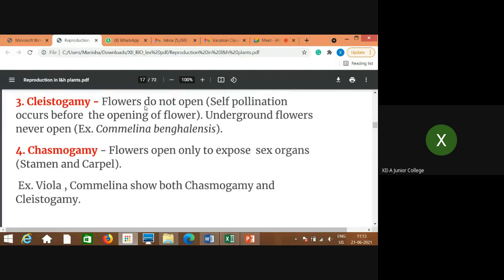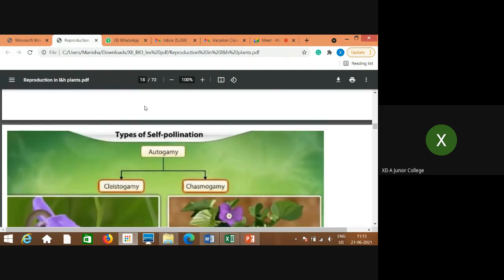So there is a difference between cleistogamy and chasmogamy. Just remember, in cleistogamy flowers never open, so within them there is no chance of cross-pollination. Here, carpel and stamen, the female and male reproductive organs, are exposed only when they get mature. So there are very little chances of cross pollination, almost least or no chances, because they are exposed when they mature at the same time. So these are the adaptations seen in autogamy.